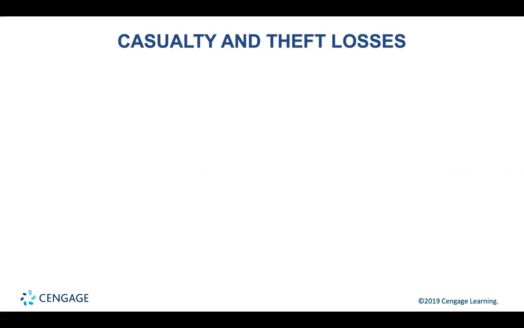The deductions may be itemized deductions, or if related to a business, deductions for adjusted gross income. A casualty is a complete or partial destruction of property resulting from an identifiable event of sudden, unexpected, or unusual nature. Examples of casualties include property damage from storms, floods, shipwrecks, fires, automobile accidents, and vandalism. For damage from weather conditions to be deductible, the condition must be unusual for the particular region.